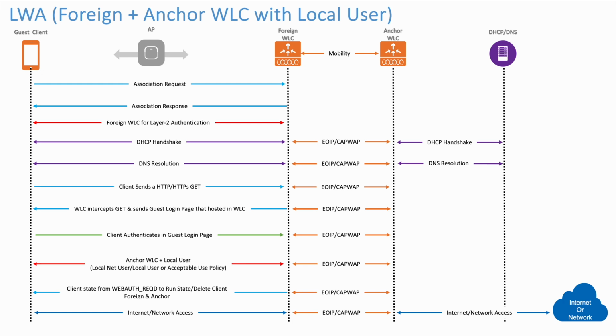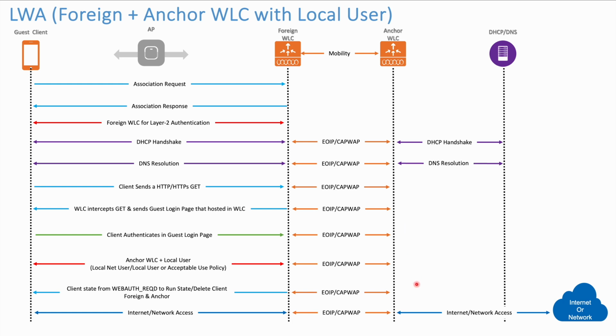But as you can see here, the key point you have to keep in mind is that the foreign WLC is responsible for L2 authentication. So any L2 authentication in a foreign anchor scenario will be handled by the foreign WLC. When I say L2 authentication, this is nothing but MAC filtering. Again, MAC filtering is not mandatory. If MAC filtering is enabled, then the foreign WLC will be responsible at this point. And after that, everything is data plane, and everything will be handled by the